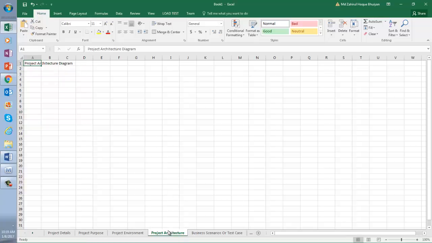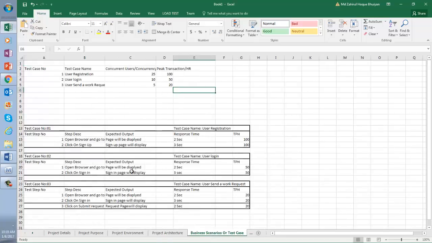And then they will provide you a project architecture diagram, and also you will be providing just the test case name. They will be filling up all this information like user registration, test case name, what is the concurrency. They will be filling up everything. You will send just this template empty. Okay, and